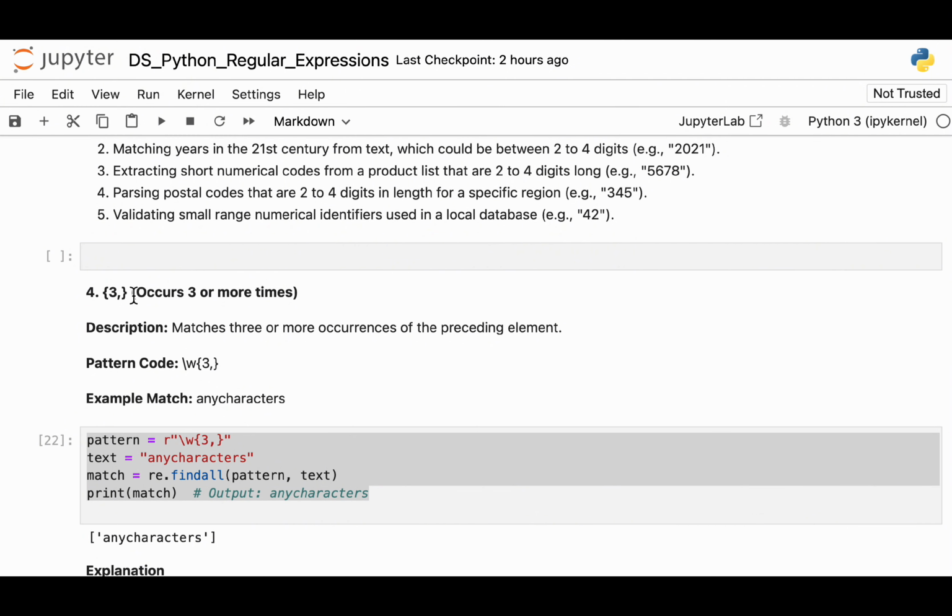This use case says that this occurs 3 or more times. So what do you say? 3, comma, and you just leave it. So it matches 3 or more occurrences. For example, you know that in this particular document, whatever pin codes are present, they will be at least of length 3. Now they can be of 5 length, 4 length, 3 length, anything. So how do you do that? You use